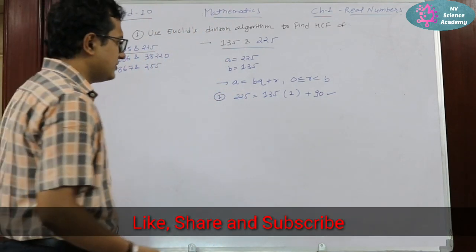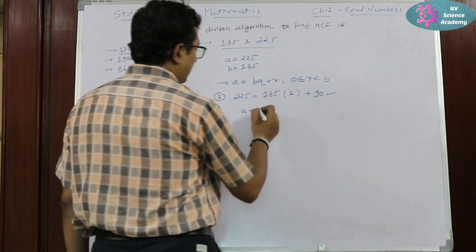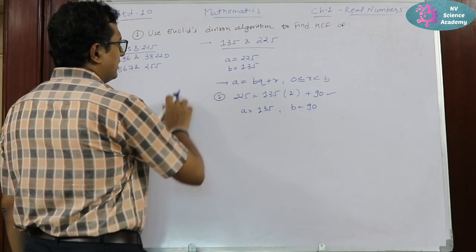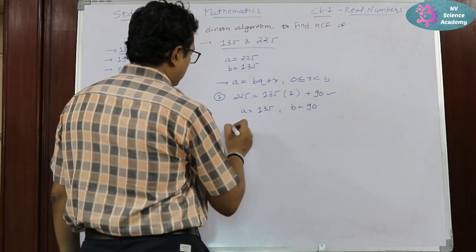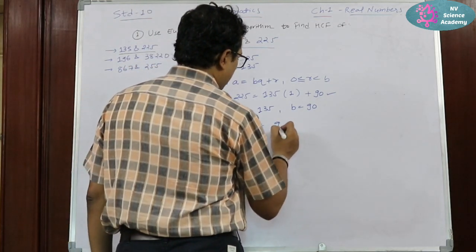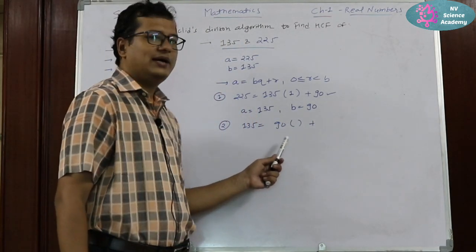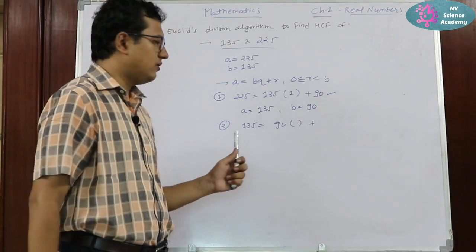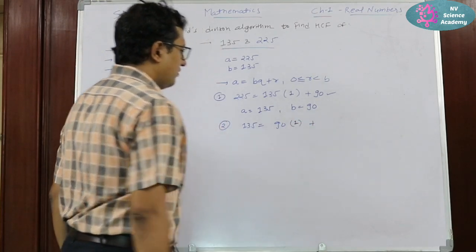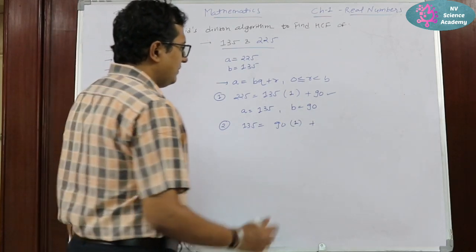again repeat the same process, and I have to derive the new value of A and B. Now the value of A is 135 and the value of B is 90. Again we will put these values in the equation. So for the second step, 135 is equal to 90 into the bracket plus a remainder. Now if you multiply 90 by 2, then you will get 180, which is more than 135. So we cannot multiply this 90 by 2. We again have to multiply 90 only by 1. So when you multiply 90 by 1 and subtract 90 from 135, the result will be nothing but 45.